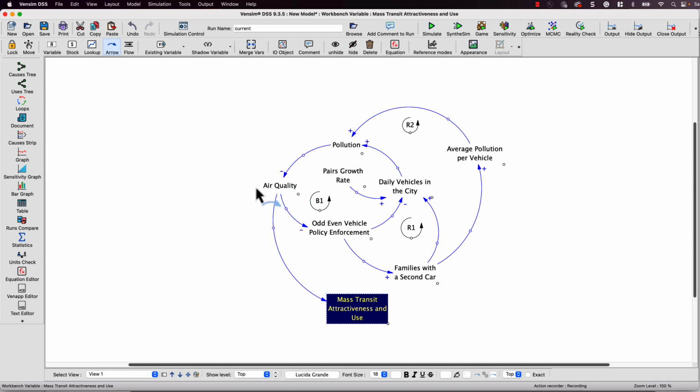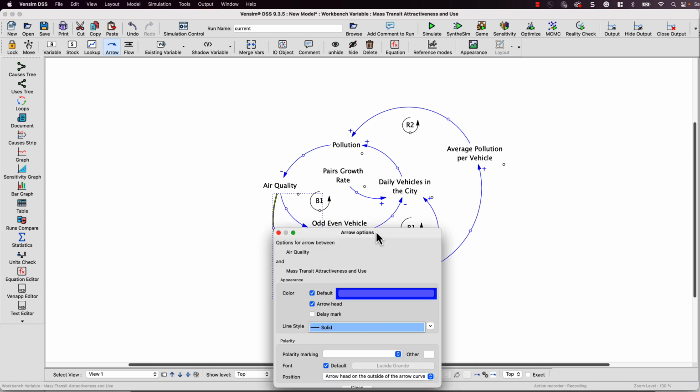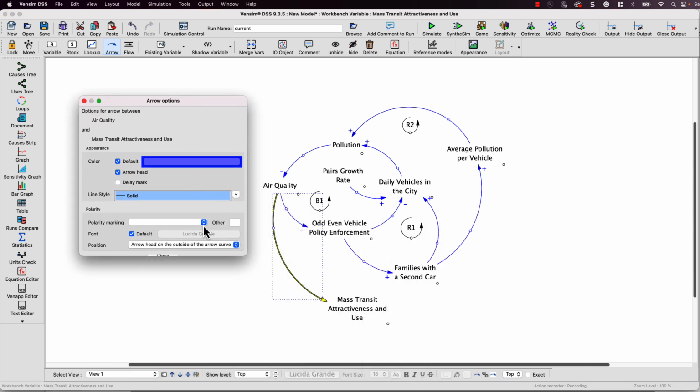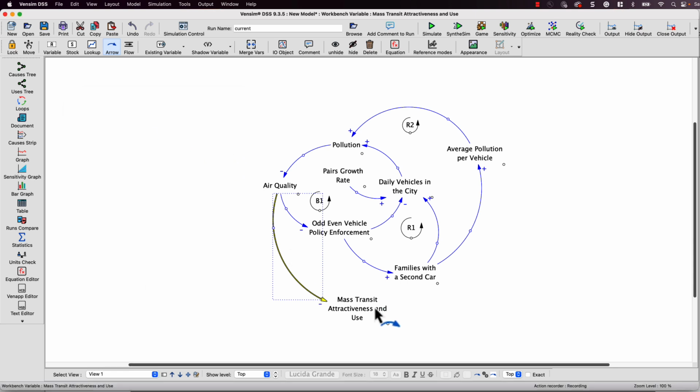Or actually, let's think about this. If the air quality increases, then the mass transit attractiveness and use will actually go down. So I'll click on this, and with the polarity markings, it's going to be minus. I'll click OK. And then the mass transit is actually, if we're using mass transit, there's probably going to be